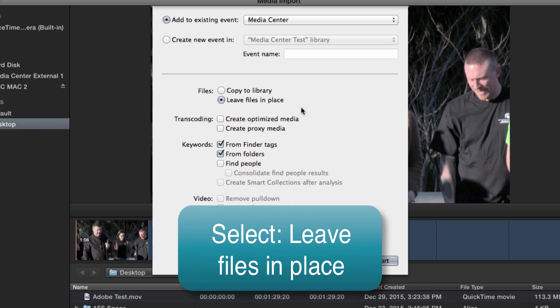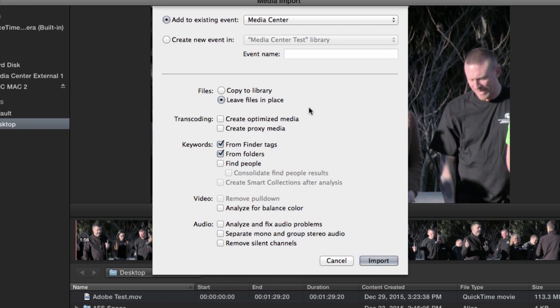You want to make sure that you've selected Leave Files in Place. And this will ensure that the files stay on the PC and don't move to the external drive. The main reason for doing this is for lag time. If the computer has to access the files through an external cable, it might start to get bogged down